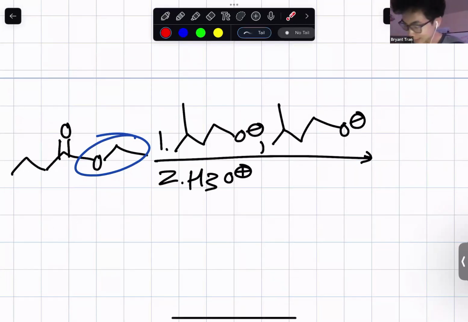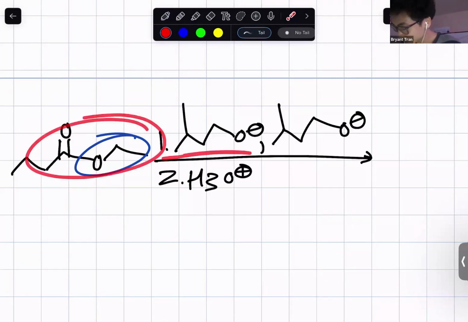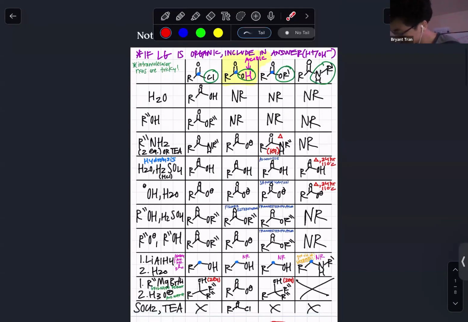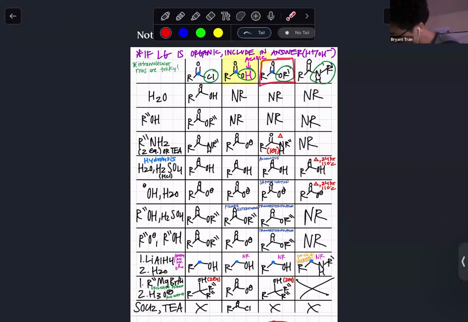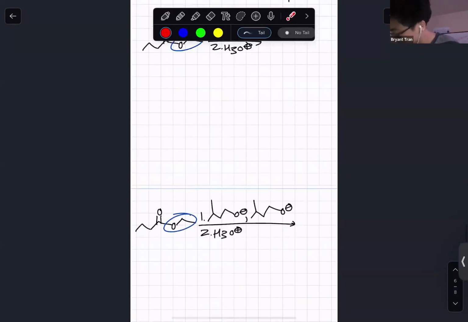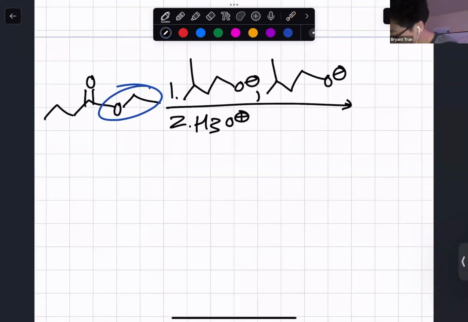Right, like when we have this ester here and we have RO minus, ester functional group, RO minus reagent. Is it the transesterification? Yes, transesterification, right? We're going to convert that one ester that we started with into a different ester. And the new OR group of the different ester, the new ester we're forming, is the OR group of the reagent we're using, right? So our product here, if you want to predict it quickly, is going to be this right